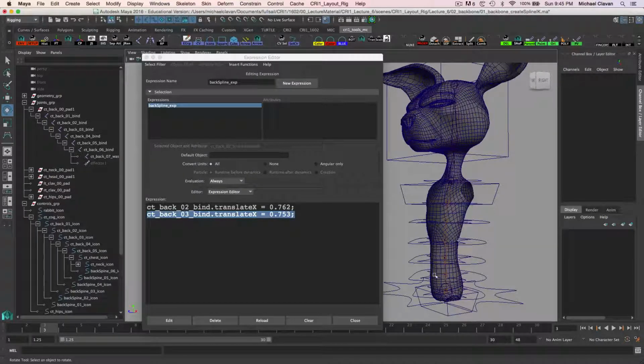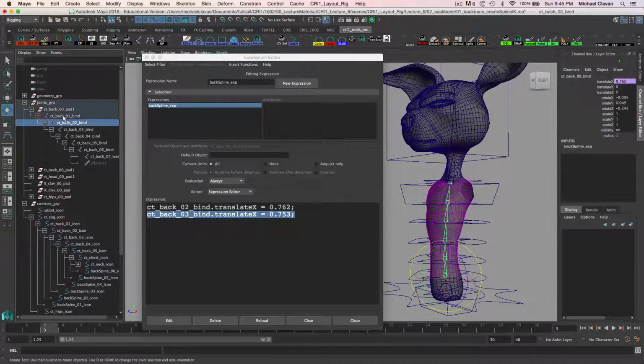Okay, so let's check our joints. You'll notice now joint 1 still has nothing because we're not putting an expression on it. Joint 2 has this purple bar. The purple bar means expression, just like blue is constraint, yellow is direct connection, and orange is keyframing. So we'll go to